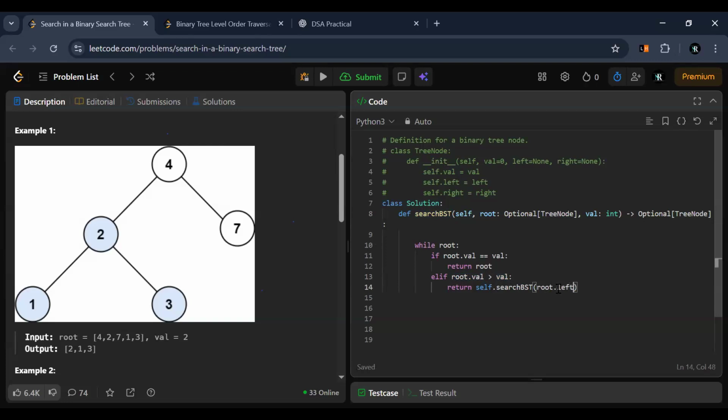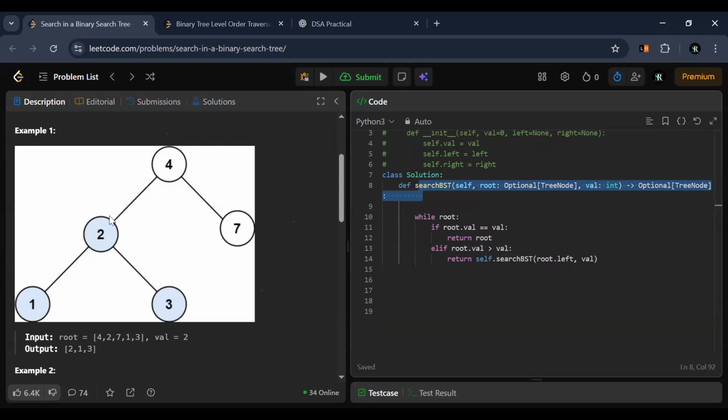तो हम यहाँ पे फिर इसको लेफ्ट सब ट्री देंगे ट्रेवर्स करने के लिए, और साथ में वैल्यू भी देंगे, क्योंकि हमारा जो फंक्शन है, इसमें भी हमें दो पैरामीटर्स पास करने हैं। एक वैल्यू, क्योंकि नेक्स्ट टाइम पे भी तो कंपैरिजन होना है। जब यहाँ वैल्यू आएगी, इधर इस जगह लेफ्ट सब ट्री आएगा, और यहाँ पे वैल्यू से कंपेयर होना है, तो हम दोबारा वैल्यू को देंगे। एलिफ अगर ऐसा नहीं है, ऑफ कोर्स वो केस होगा जिसमें रूट डॉट वैल वैल्यू से लेस होगी, तो फिर हम राइट साइड पे मूव कर जाएंगे।